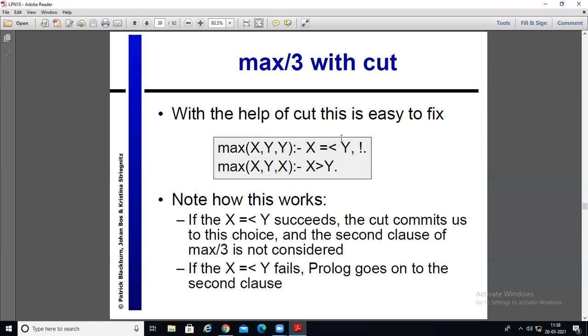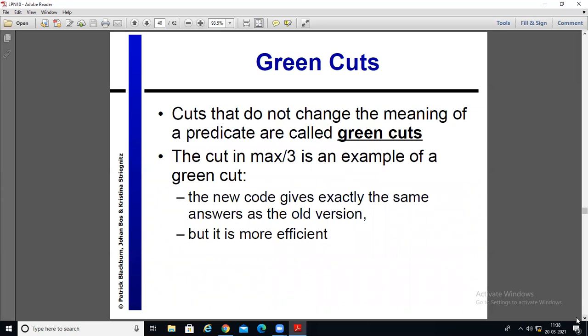Once again, what is the use of cut over here? If you don't have cut, then for the condition that is true, it will give yes, and for the condition that is false, it will give no also. You must have observed this for many programs, like the parent program also. Even if the answer is found, you get true and then false, false. So if you don't want to backtrack again and again, what you can do is, once the solution is found, have a cut. So it won't go for the same predicate to be checked once again. If this is false, then only it will go over here. Are you getting what I'm trying to say? Okay. So that is why this is called a green cut.